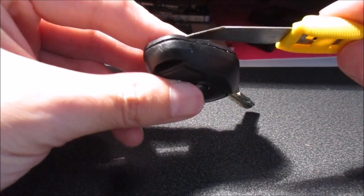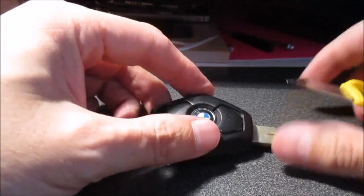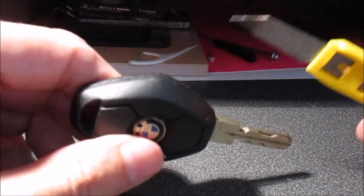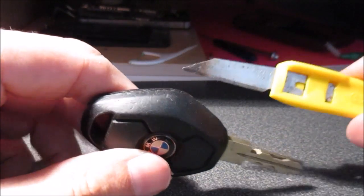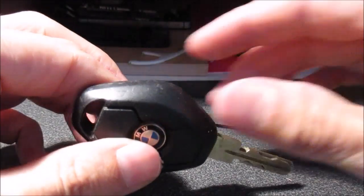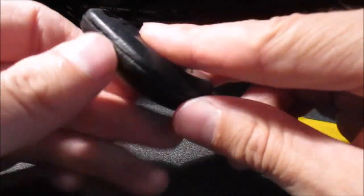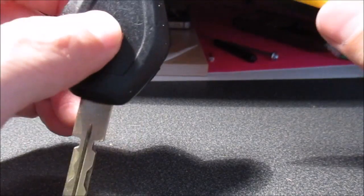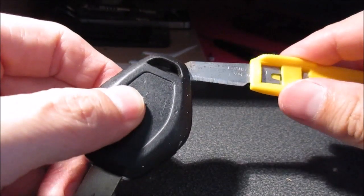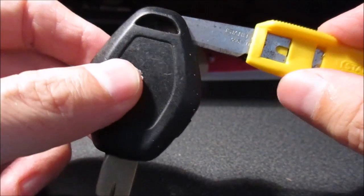Now I've already cut the key because it's quite hard to do. So basically I used a different knife, a slightly thicker and bigger handle here, because it can be a little bit hard to cut along, so you have to be careful not to cut your hands or anything like that. Anyway, the way I cut it, I started here and I started up here and got through the hole like that, and then